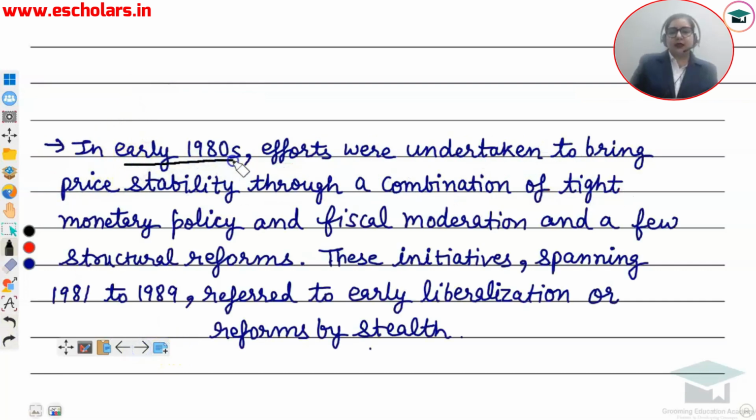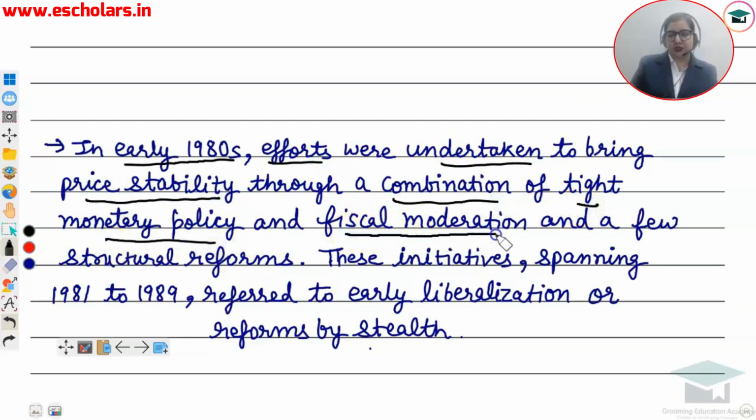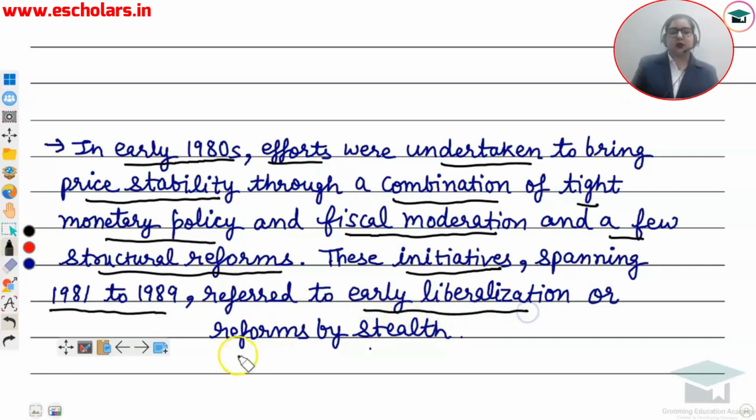In early 1980s, efforts were undertaken to bring price stability through the combination of tight monetary policy and fiscal moderation, and a few structural reforms. Okay. Now, what do you mean by structural reforms? Some long-term changes made in the economy is called structural reforms. So, these initiatives, which were done between the time period 1981 to 1989, referred to as early liberalization or reforms